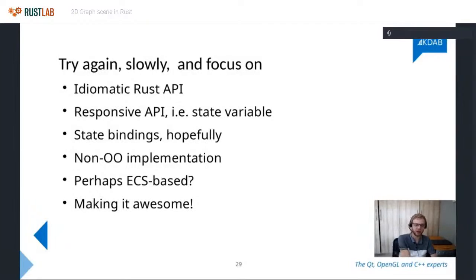So the idea that I'm looking at here is really splitting up all the things you can do into different stages and keeping the data separate. Maybe with an ECS library, maybe just taking inspiration and building a custom library. I don't know yet. And then, of course, the most important part of what to do next is just make sure that it's awesome. I think that's pretty obvious.